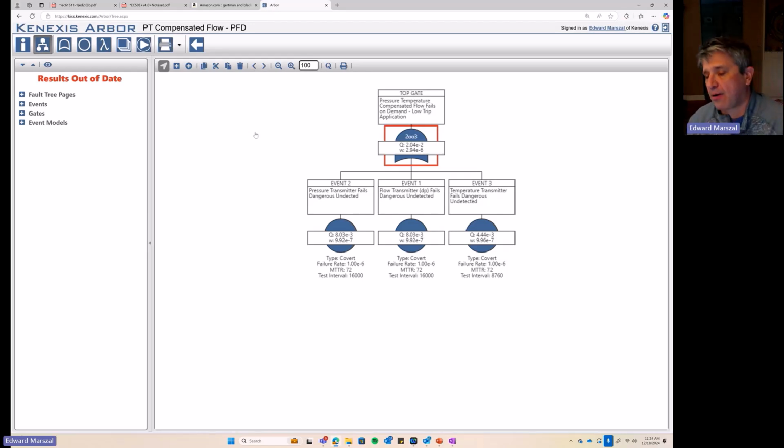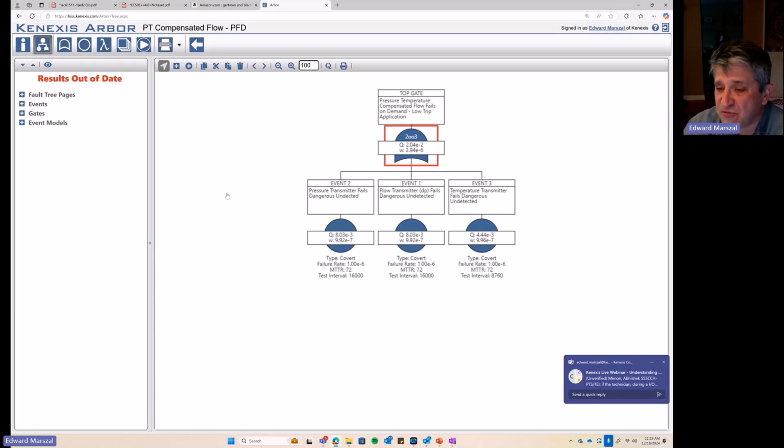And then back in Arbor, you link to this fault tree. Instead of having a native calculation, you basically tell Arbor, go to this fault tree to calculate the PFD. So absolutely, you're allowed to do it. Not a problem whatsoever. You just made your SIL verification calculations a little bit more complicated, but if you're in the Connexus framework, just run a fault tree and link it into your Vertigo study.